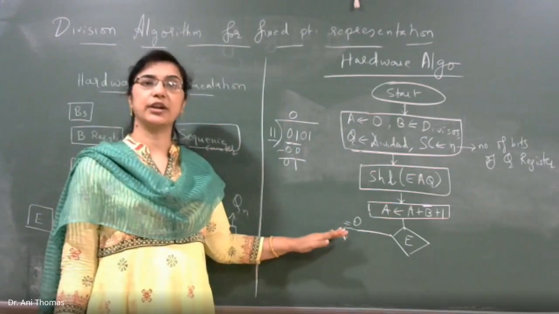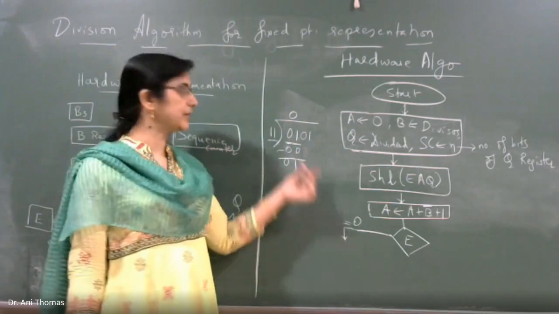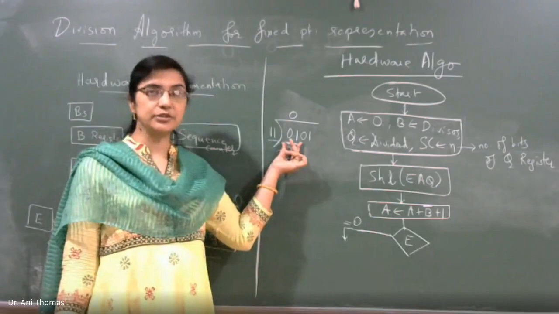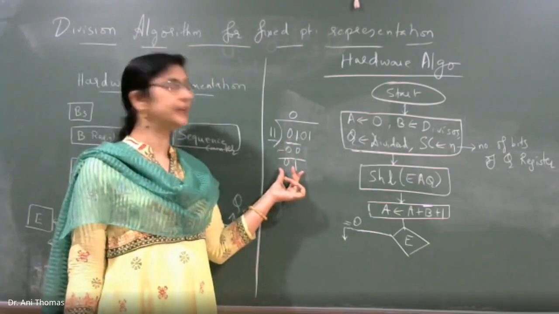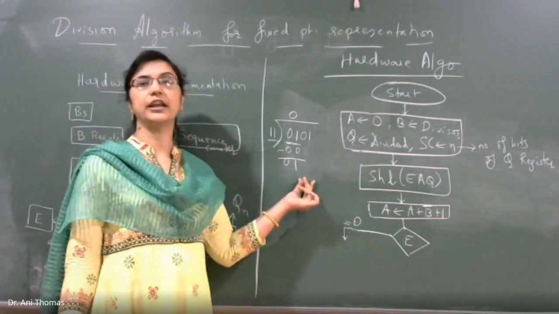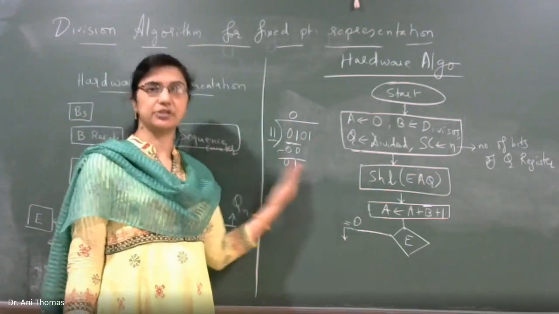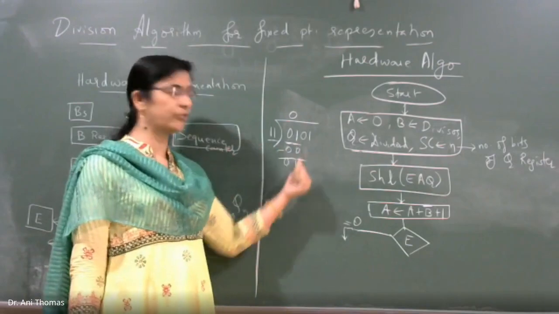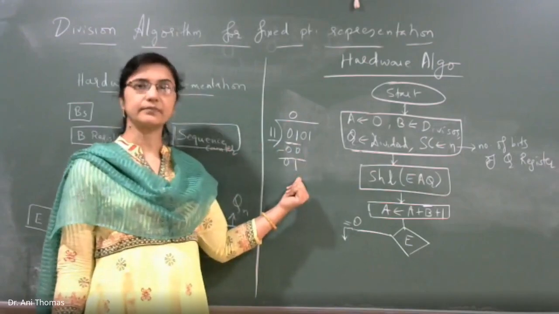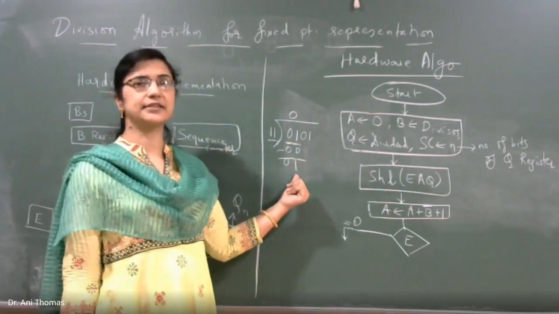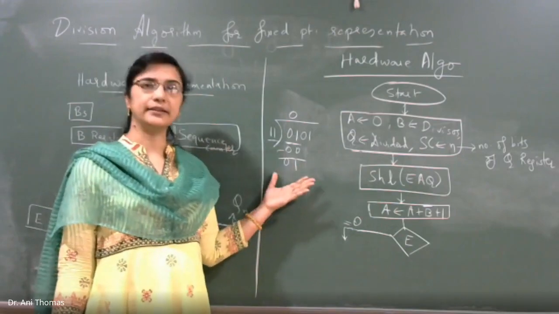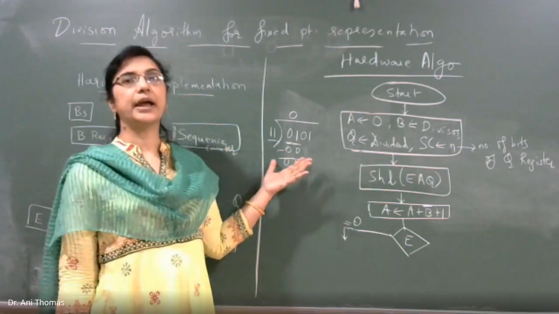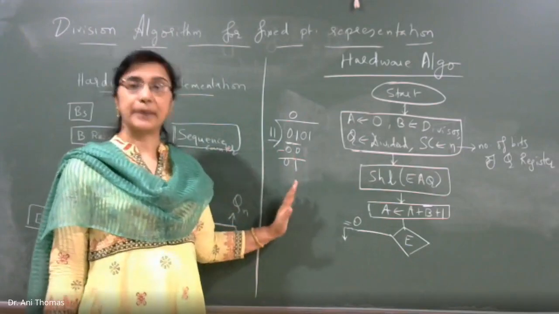That shows what it shows. If E is 0, it means this part is smaller. We don't have to subtract. So we will restore this value of E here and add one more digit of the dividend. So when we shift left, we will have one more value of 0 here. Fine. If E is equal to 0, then Qn is equal to 0, and we do the addition part.